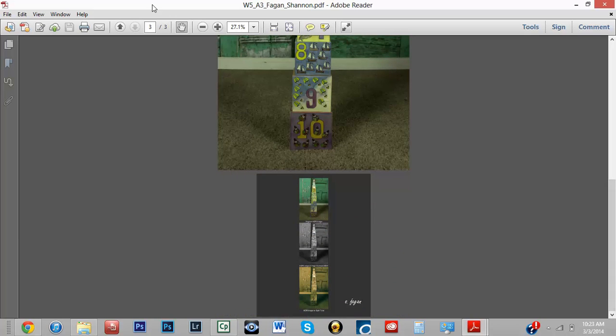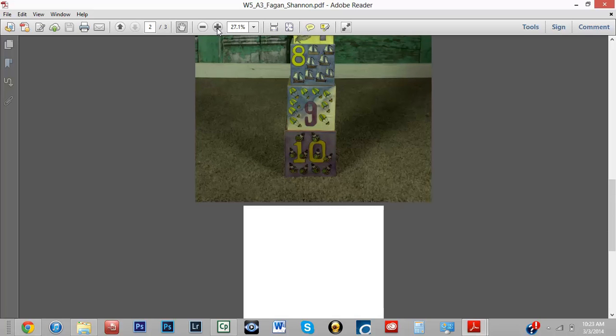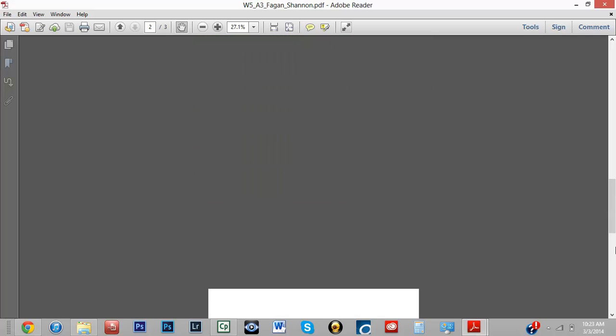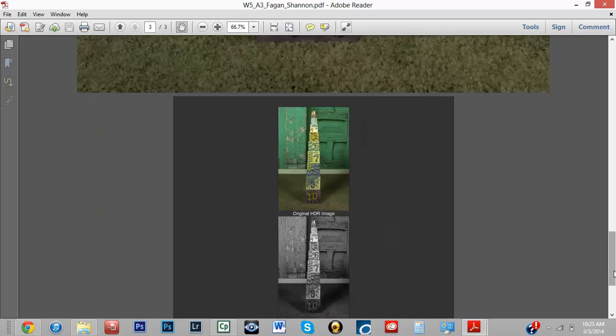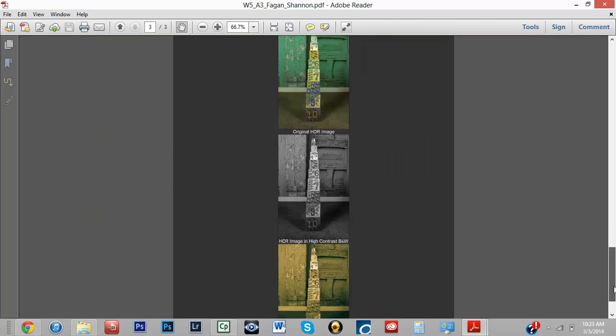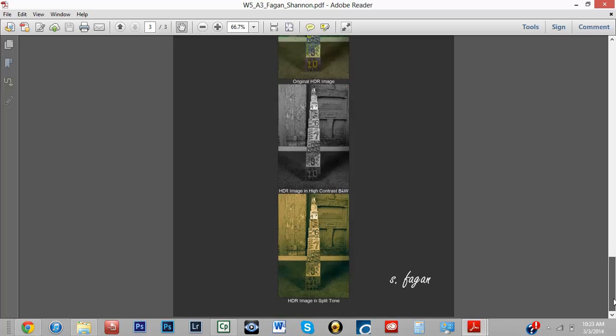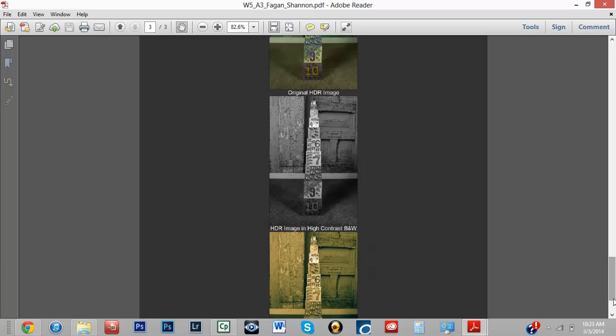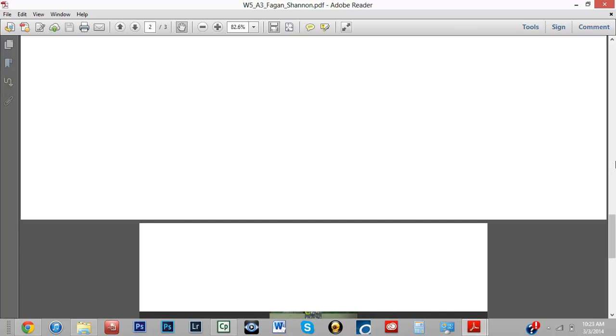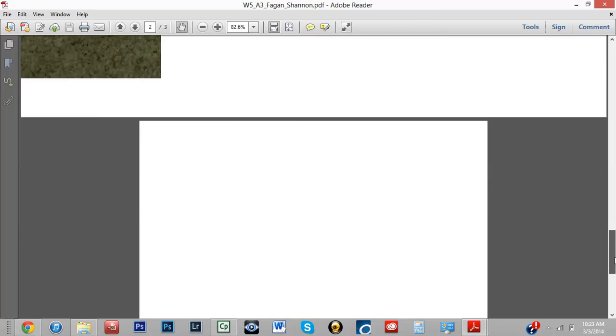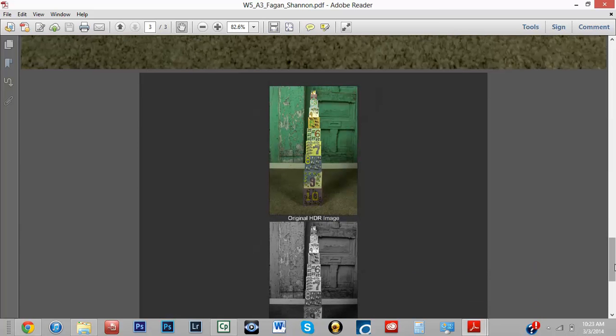Okay, and then she has some different tone versions, so I'm going to zoom back in so you can take a closer look. So we have the original, the black and white, and the split tone. I do like the black and white, big surprise, just because I like a lot of the tonal stuff going on here. But I think overall I actually like the color version the best, simply because I really